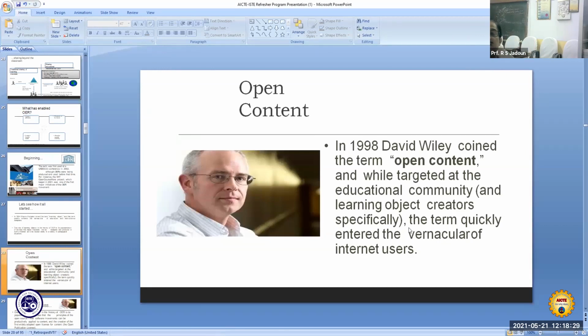In 98, David Wiley was the person who coined this term open content, and his target was the educational community. So the term quickly became focused for all vernacular users of the internet.